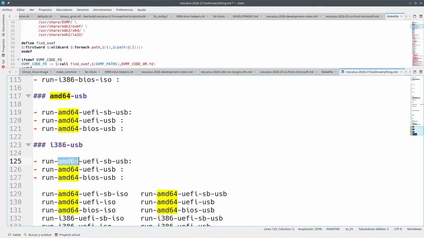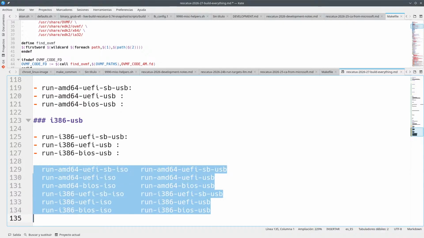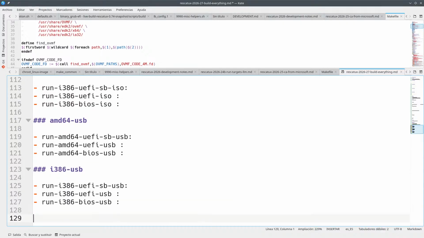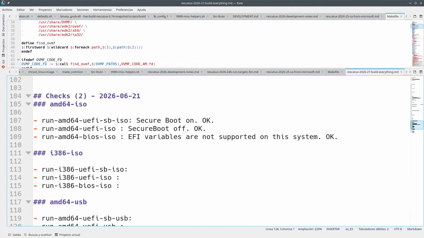So like this, and like this. So one here, one here, and one here. That's all of the stuff that we want to support, even if some of them are not available. Okay,